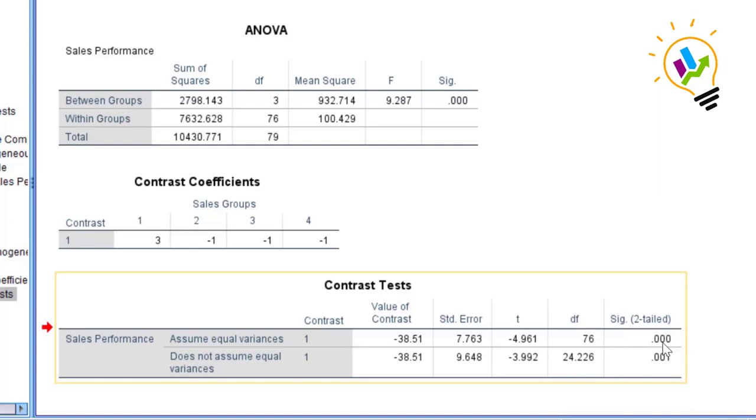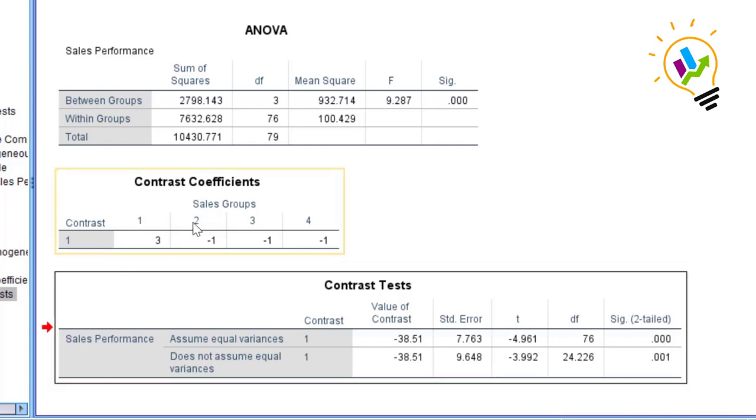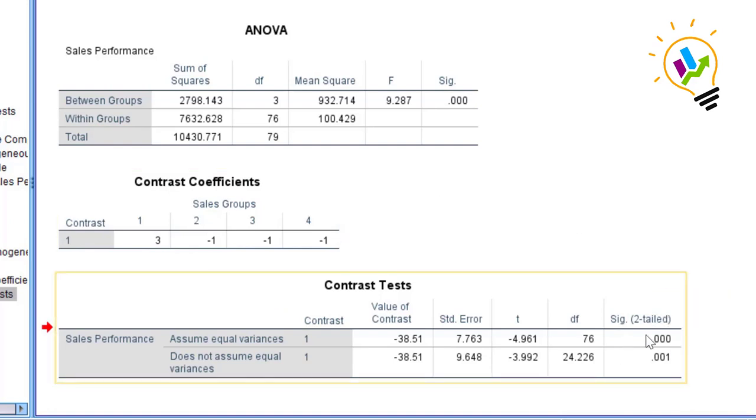If it is less than 0.05, then there is a difference between the first group and the second, third, fourth groups kept together, because we are comparing group 1 with 2, 3, 4 combined. So we are going to comment that there is a significant difference between group 1 and groups 2, 3, 4 kept together.